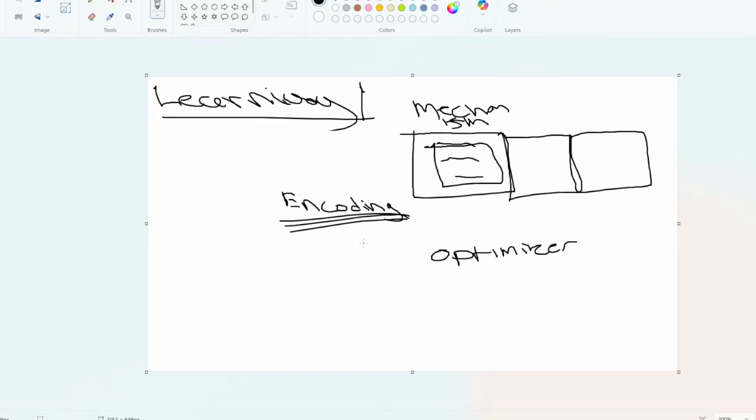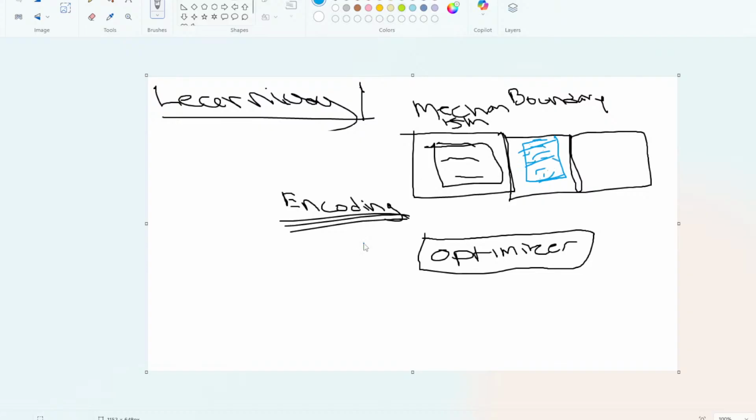But let's also focus on the boundary, right? Well, what boundary would function with the optimizer to make it not work? How can the optimizer not be functional? Well, what if all the layers are frozen? If all the layers are frozen, how can the optimizer do its job? These are all frozen, these layers, looks like a Pop Tart, but this is a boundary to the optimizer. If everything is frozen, it can't do its job. And lastly,